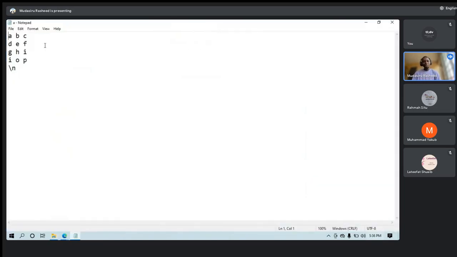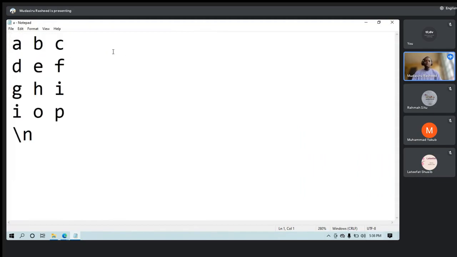Inside my a.txt, I have ABC on line one, DEF on line two, GHI on line three, and line four, I create a new line. I think we know the meaning of this, like create a new line. All of us are programmers, except me here. So we are creating a new line. That's what we have in the file called a.txt.